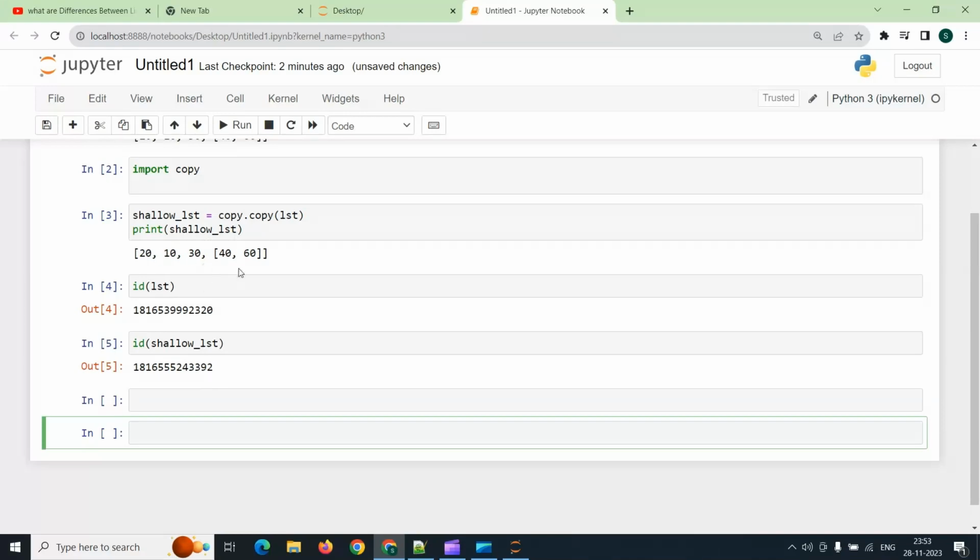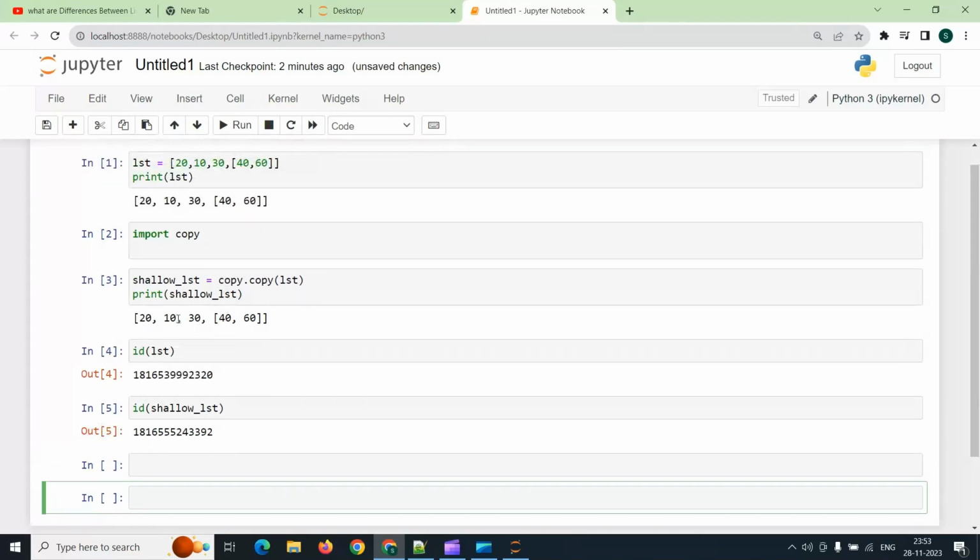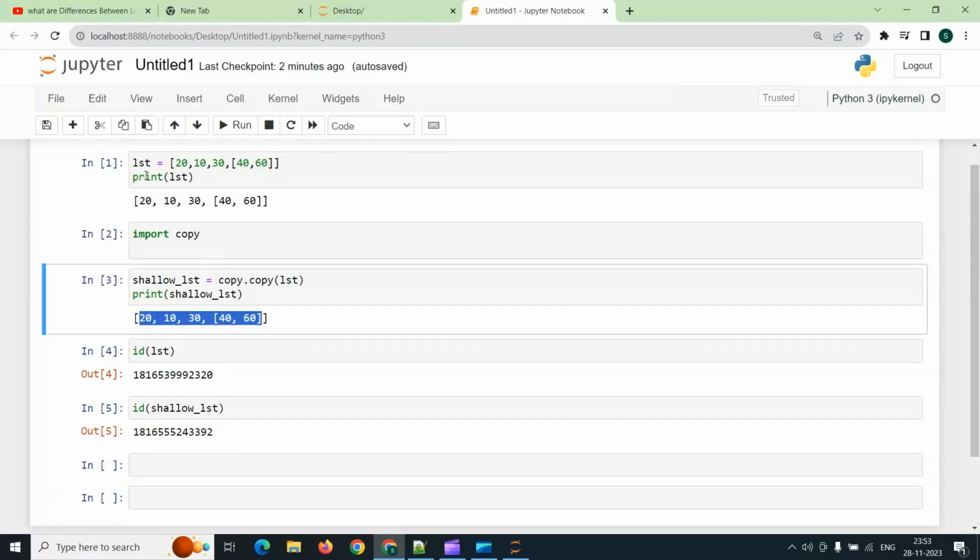They have the same type of object, the same values, in this list and this list, but they hold different memory addresses. So this is the reference point of the object. If we make any changes in the original list or the copy list, it will be reflected in each other. So suppose